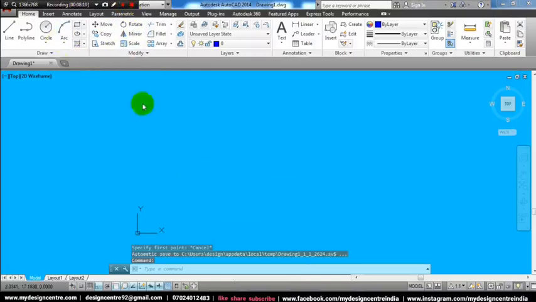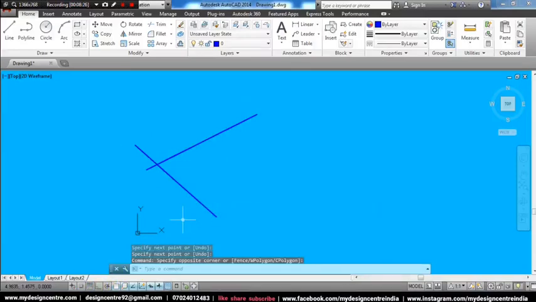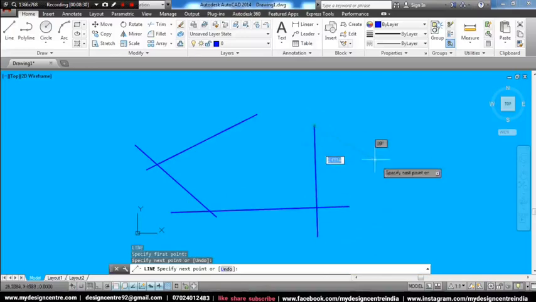Now we are going to learn some more options of trim. For that I am going to draw a few lines, any random lines, in an orthogonal pattern. Now I am going to create all these lines like this. I am making this line manually like this.